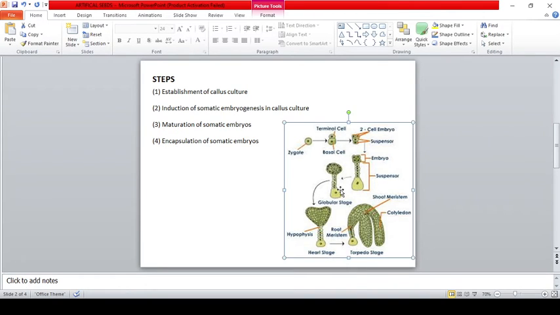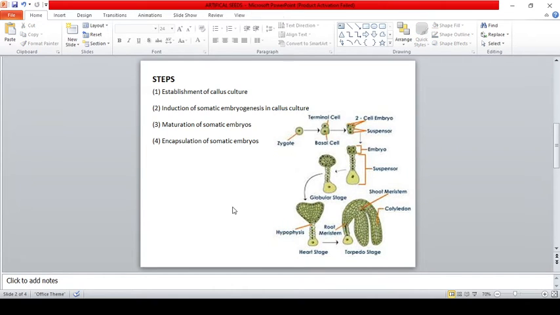Here I have given a slightly unrelated thing. This is in the case of a reproductive embryo. Sometimes they might ask the different stages of the zygotic embryo. First thing is a zygote. Zygote will give rise to two cells. One cell is called the terminal cell. Another cell is called the basal cell. The terminal cell will form the embryo. The basal cell will form the suspensor. Then the cells will convert into the globular stage. Globular stage will convert into the heart stage. Heart stage will form the torpedo stage. So: zygote, basal cell, globular stage, heart stage, torpedo stage.